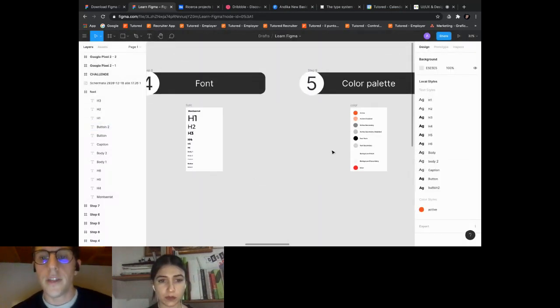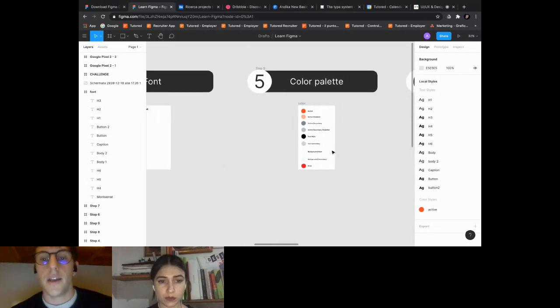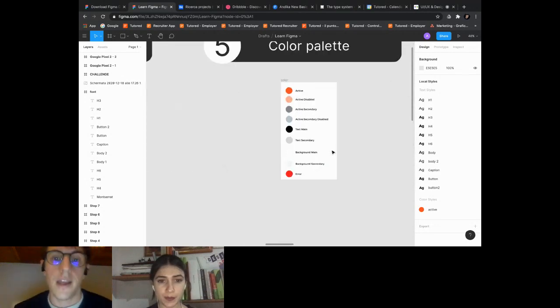Okay, the second step is the color palette. As Marta said before, the color palette has two important colors, the primary color and the secondary color. But in our color palette in Figma, we are going to create more styles of color.